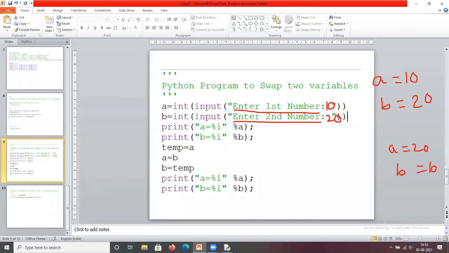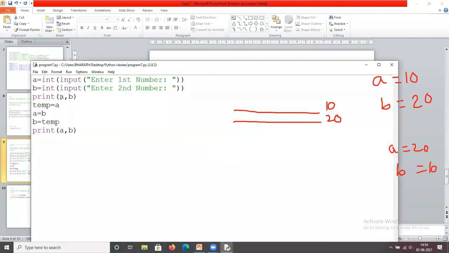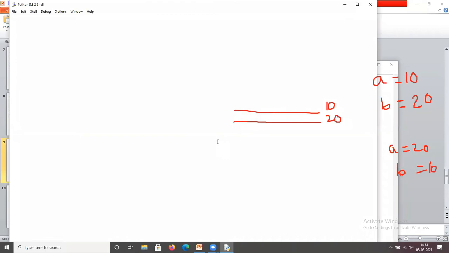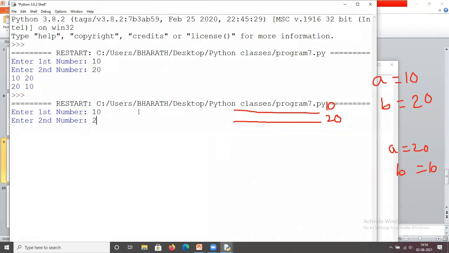Then here I'm going to write print A equals percentage i, B equals percentage i, percentage of A comma B. Ten, 20. It displays A equals 10, B equals 20.